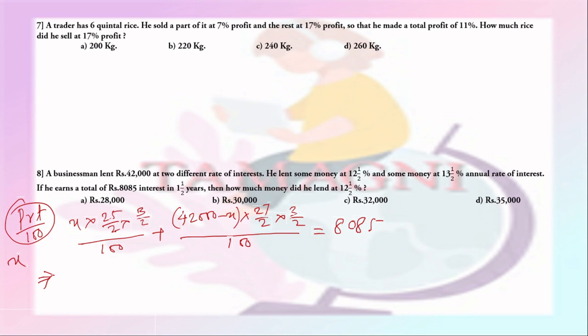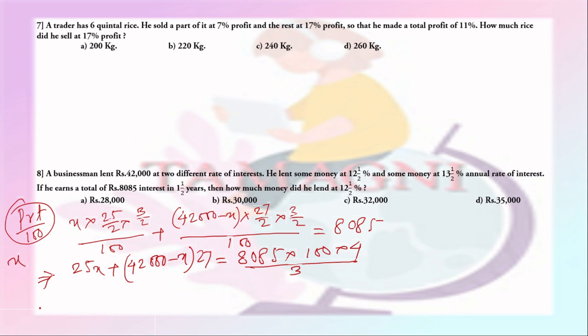Since 3 by 4 into 100, that is 3 by 400, is common here, we get 25x plus 42,000 minus x into 27 will be equal to 8,085 into 100 into 4 by 3. This gives,